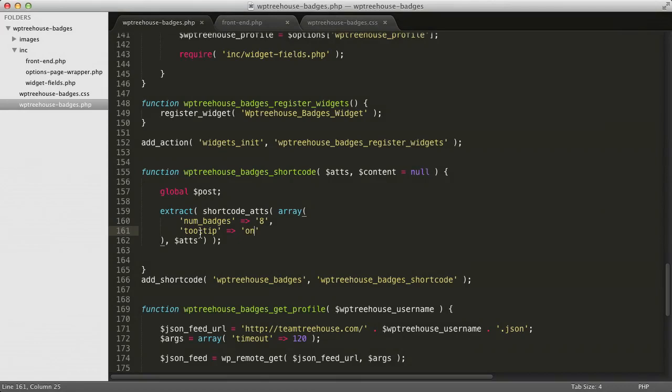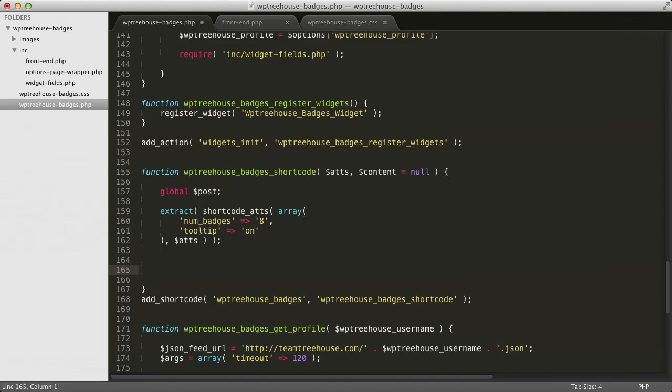For this shortcode, we're going to give them the option of saying whether the tooltip should be on or off, and they'll type in on and off as the variable. While this makes it easier for the user, from a programmatic level, what we're really going to do is if it's on, we'll set the tooltip to 1, and if it's off, we'll set the tooltip equal to 0, or true and false. To do that, we'll say if